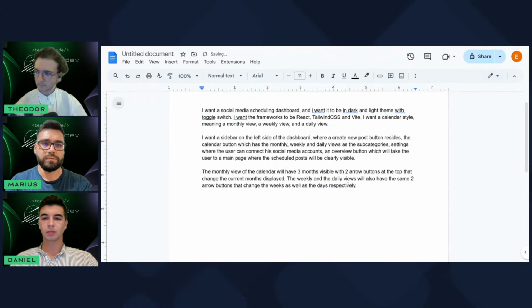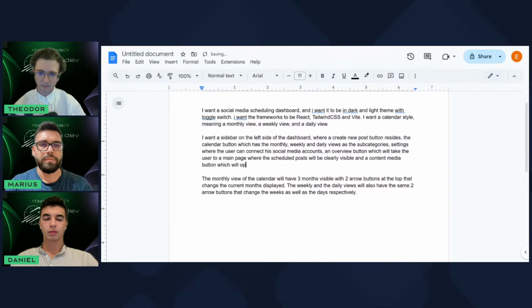Perfect. Next, oh yeah, what I forgot here, an overview, okay. I forgot to add the content, a content media button, which will open a dashboard, well, yeah, it is a dashboard actually. We'll open a page where the user can select,